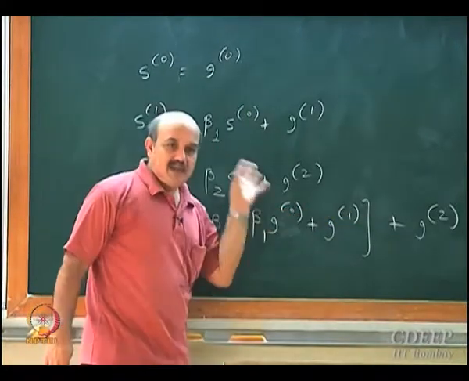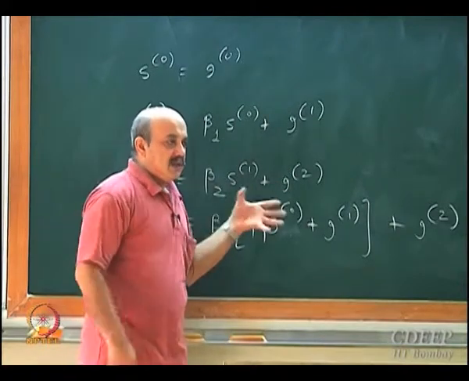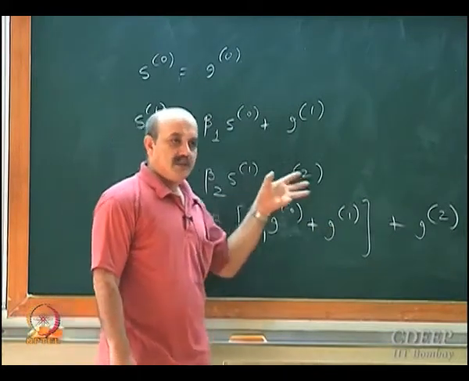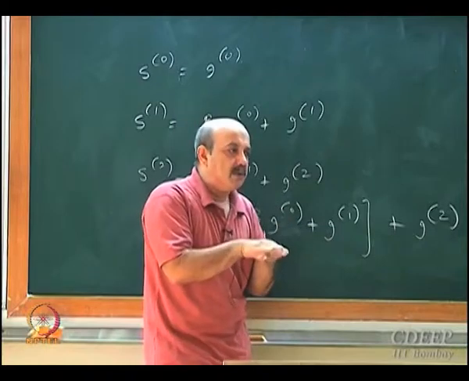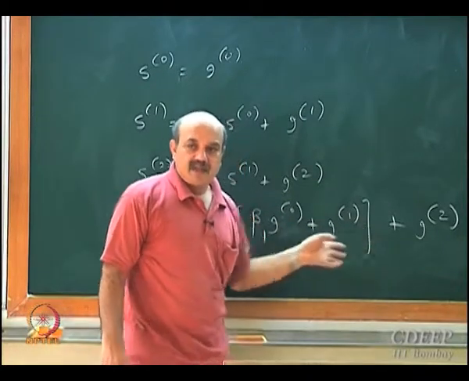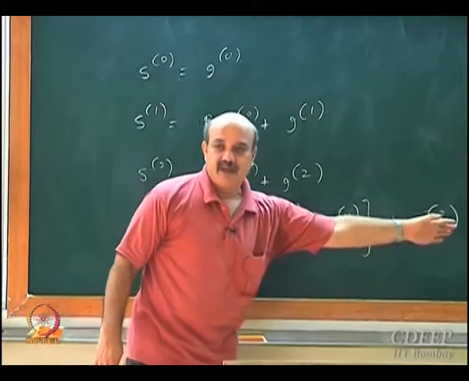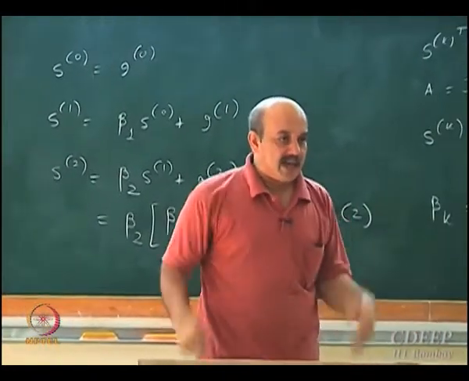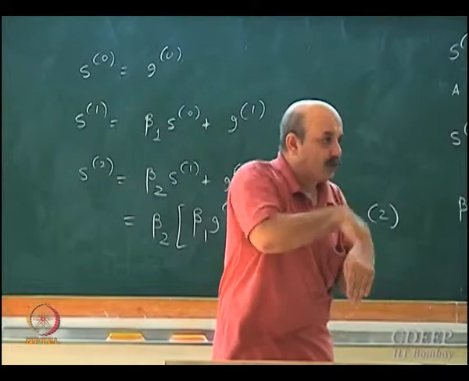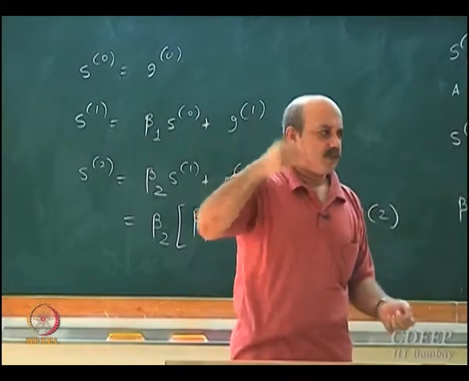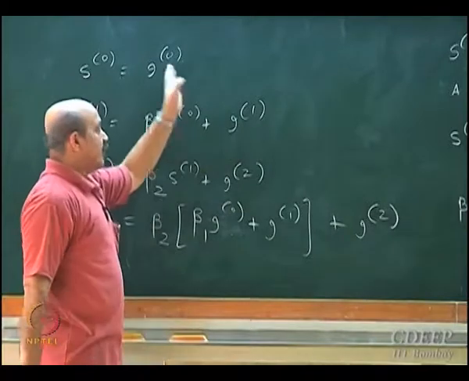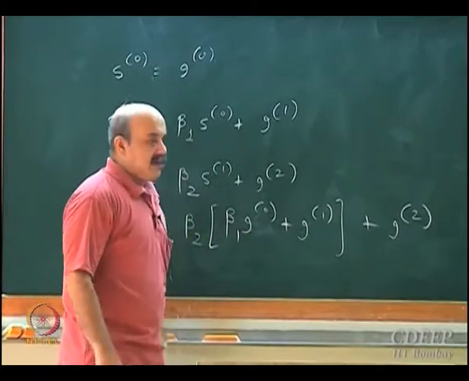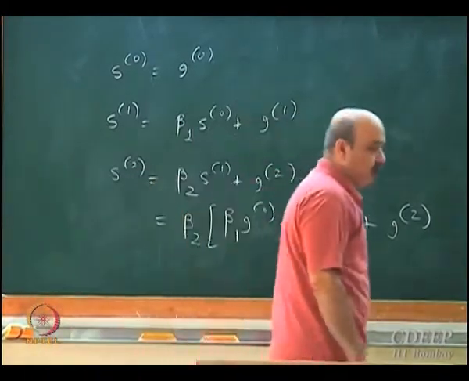That's why the conjugate gradient direction turns out to be more powerful. It moves much faster even when you go close to the optimum. What is the problem with the gradient method? When you go close to the optimum, it tends to become slow. Whereas here the move is based on the past history of gradients. So it's like when you are going down a hill, you are trying to make use of the curvature rather than the local slope. The gradient method will just look at the local slopes, at the negative of gradient, or G0, G1, G2, G3, G4. So that is why the conjugate gradient method is more powerful.